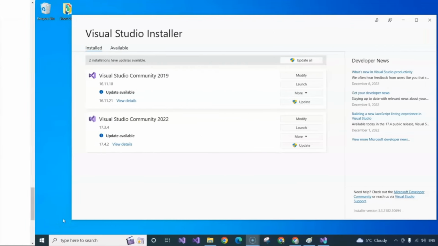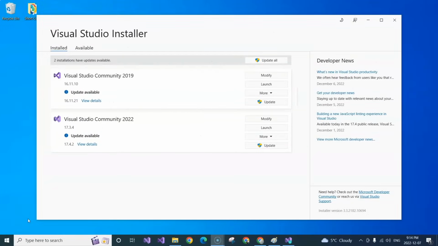In this video, we're going to go through the steps of setting up the environment in Visual Studio 2022 in order to make your Visual Studio ready for creating .NET MAUI applications. So this is the Visual Studio Installer. You can find it in the search area. Once you find it, go to your Visual Studio 2022. In my case, I have the Community Edition for 2022. Once you update to the latest,